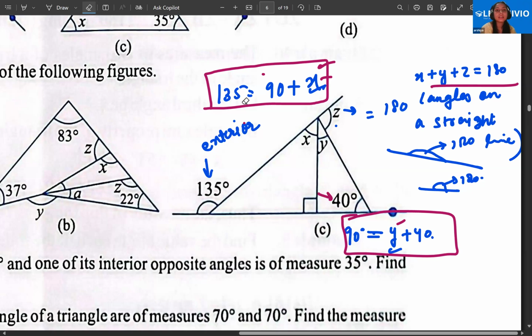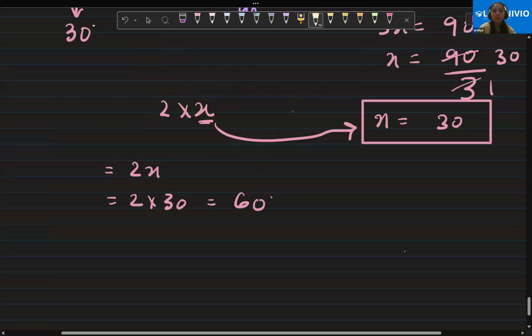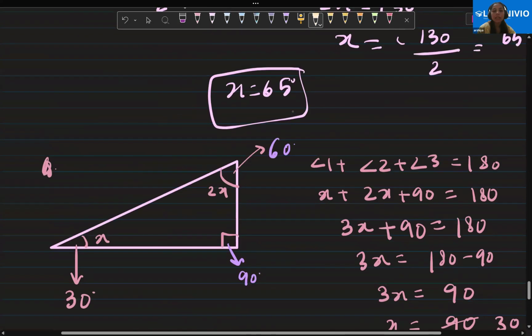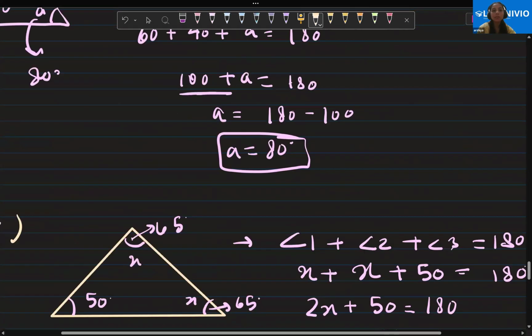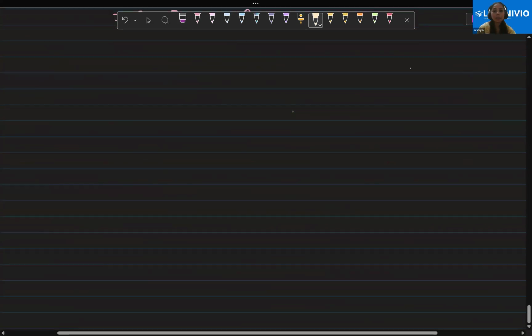So let's start the next exercise, and that is related to two specific types of triangles. In the last class we did angle sum property, and before that we did exterior angle property. Now let's do